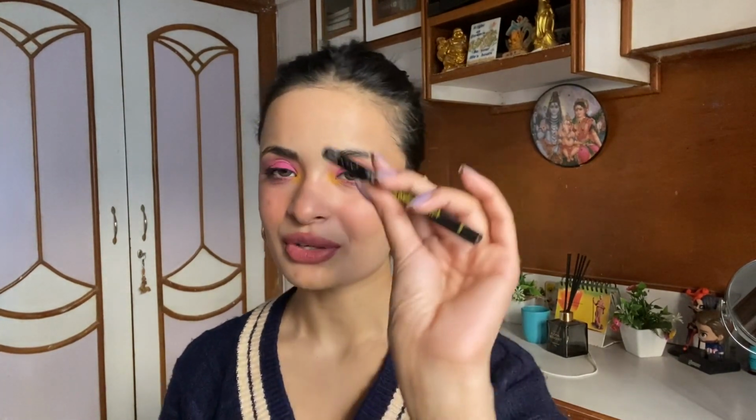I was having that liner with me, and I used to love it, and I got a backup of that liner because it was a limited edition. But I forgot that I had a backup, so I bought this one, and that liner got dried up again. I was so sad. So okay, about this liner,